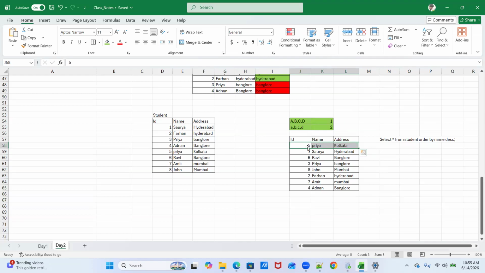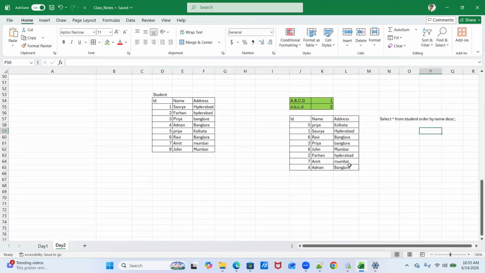And then all the records whose first letter is capital come after that. Okay. Is it clear or should I go deeper into it?